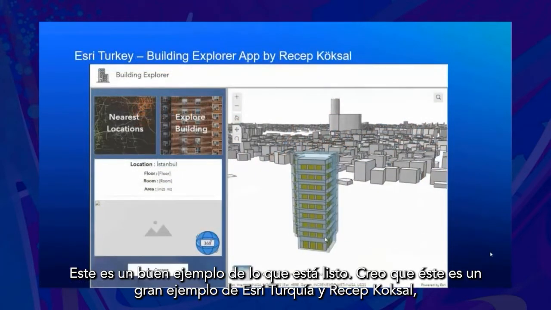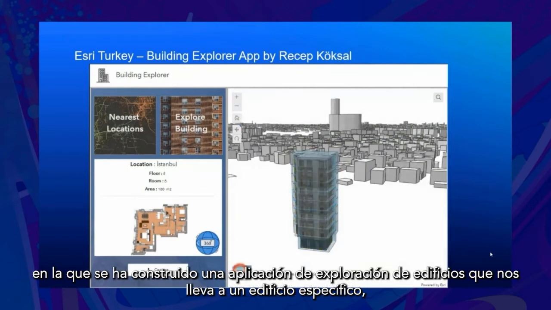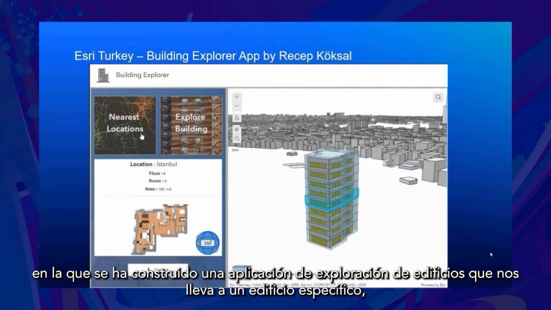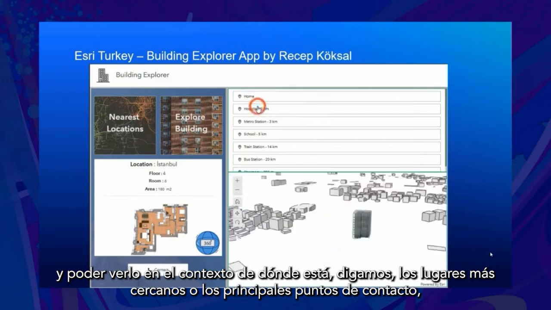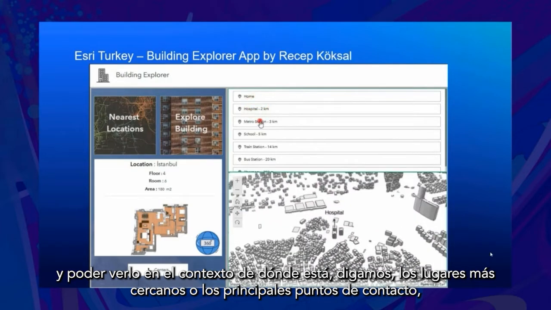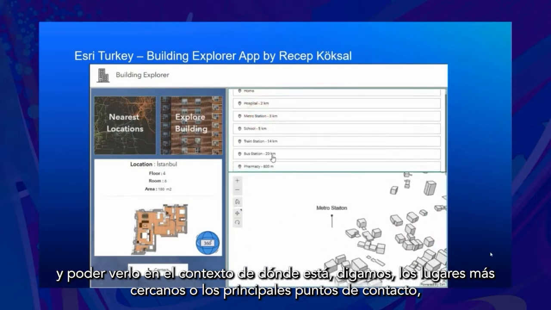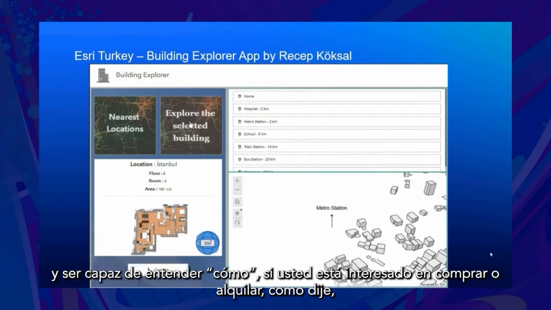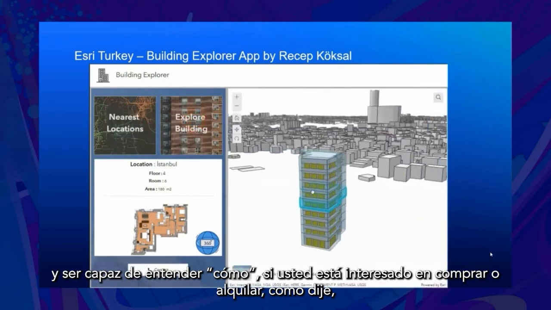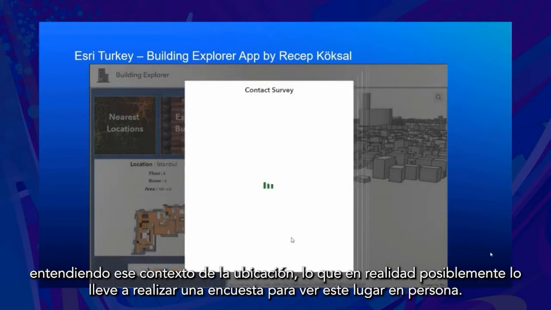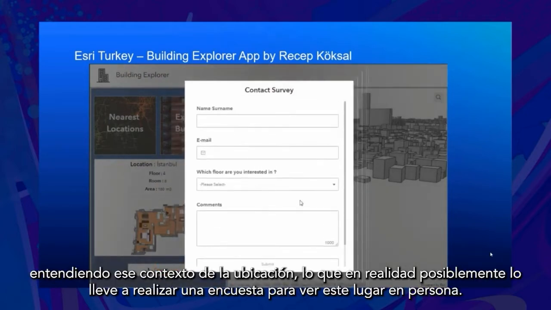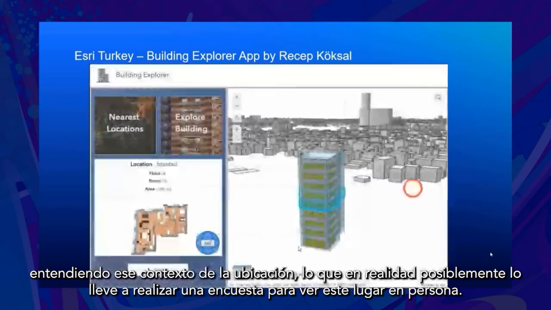Now, while that's a good example just showing you what's out of the box, I think this is a great example from Esri Turkey and Recep Koksal, where he had built a Building Explorer app that takes a specific, let's say a condo or rental building, and be able to see it in context of where it is to, let's say, nearest locations or major points of contact, and be able to understand, if you're interested in purchasing or renting, like I said, understanding that context of the location, what you're actually possibly interested in contacting a survey about